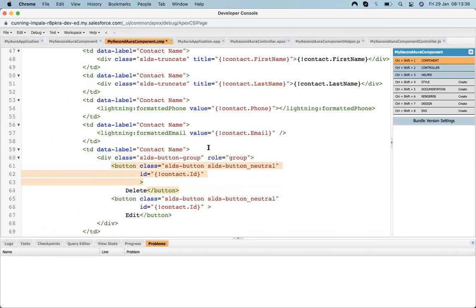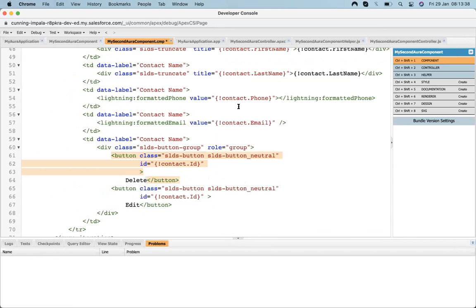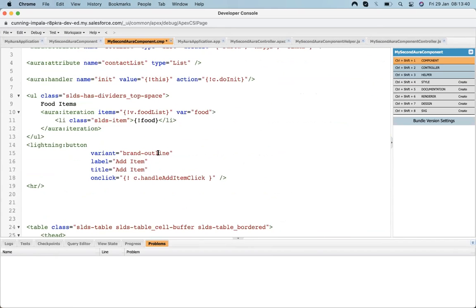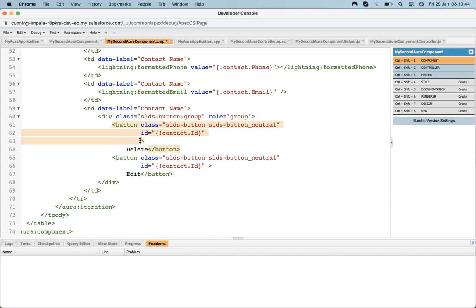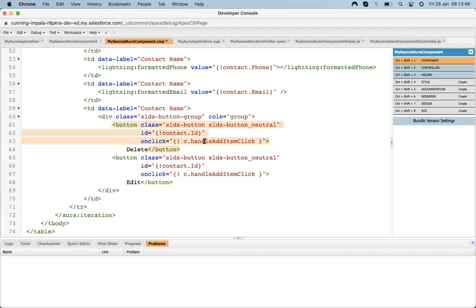Now let's bind onclick up here, so that whenever the user clicks, it will execute some action. Onclick handle delete click, or handle edit click.